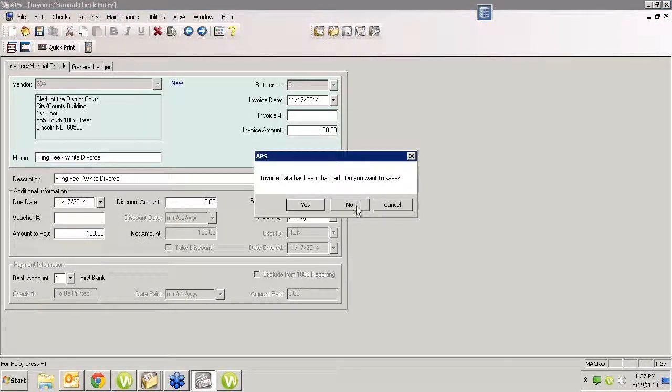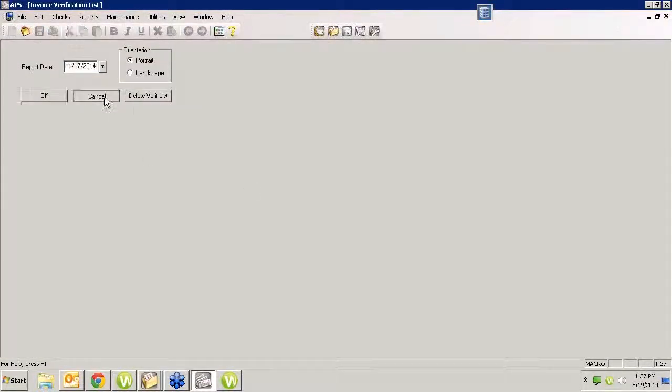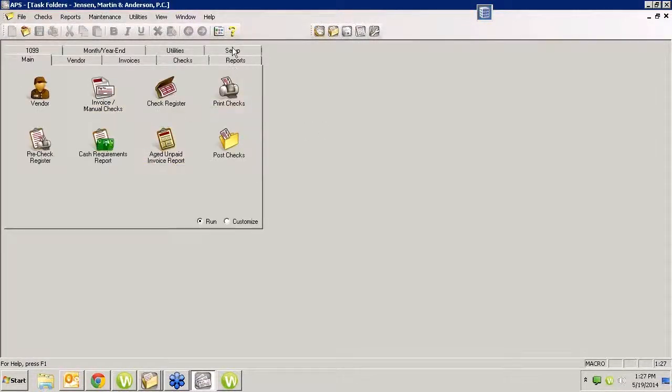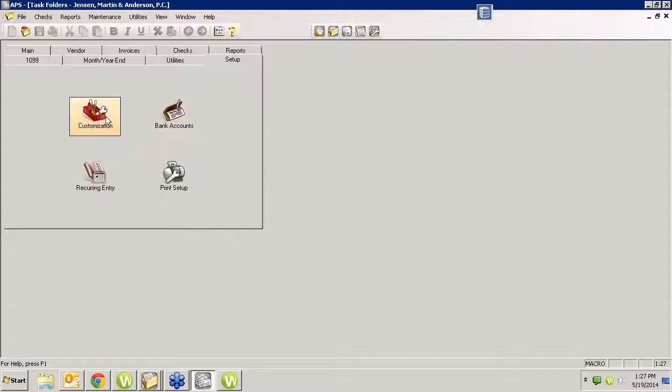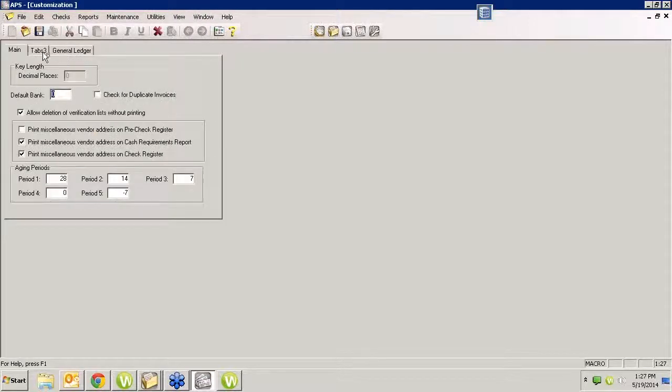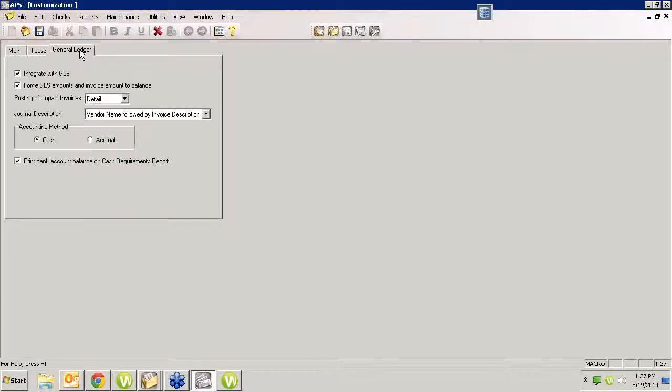Now, the other side of the coin is how do we set this up? And that's done in customization. So if we go into customization, there are two tabs within customization. You'll go first to the main tab where you define your accounts payable aging periods and whether or not you're going to print the miscellaneous vendor address on the pre-check register and what your default bank account is. Then,